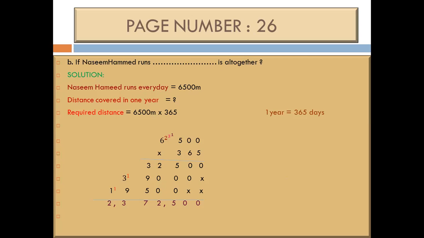5 multiplied by 0 is 0. Then again 5 multiplied by 0 is 0. 5 5s are 25. We write 5 here and we carry 2 on 6. 5 6s are 30, and plus 2 is 32. Now is the turn of the tens place, so under the ones place you put the cross sign there. 6 zeros are 0. 6 zeros are 0. 6 5s are 30. So again we put 0 here and we carry 3 on 6. 6 6s are 36. 36 plus 3 is 39.